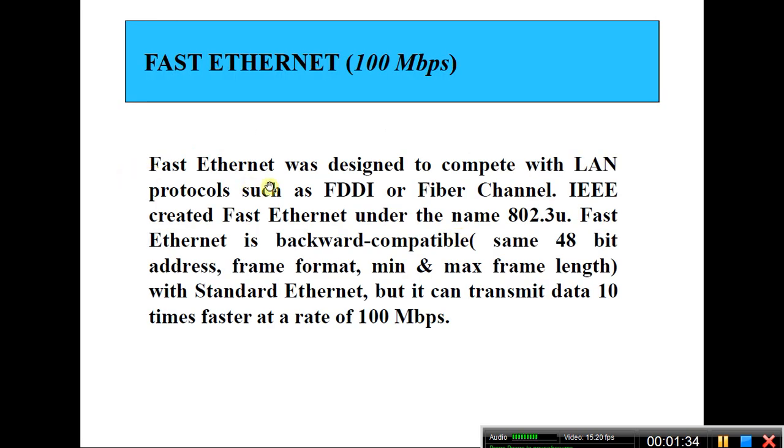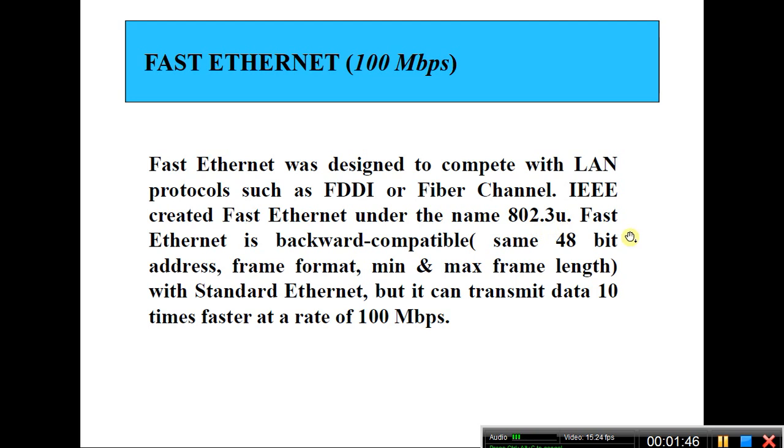The Fast Ethernet works at 100 Mbps. So its data speed or data rate is 100 Mbps. Fast Ethernet was designed to compete with LAN protocols such as FDDI or Fiber Channel. IEEE created Fast Ethernet under the name